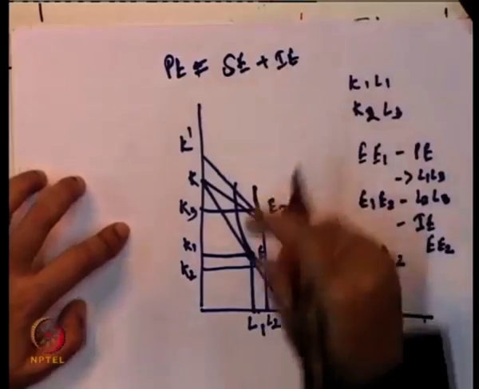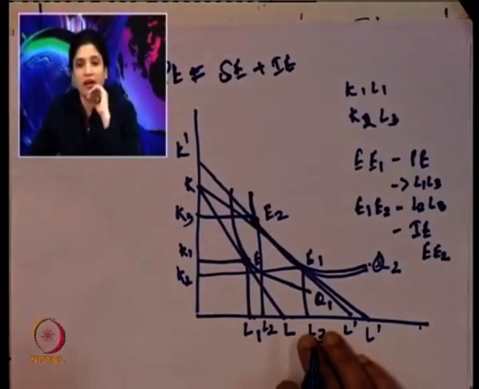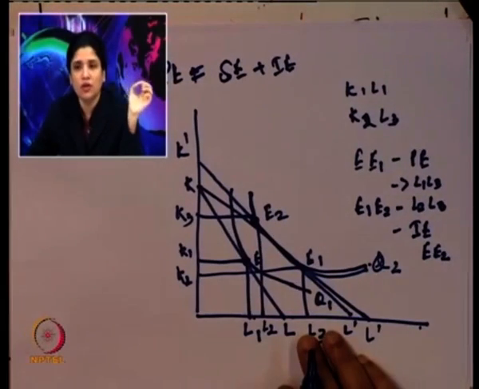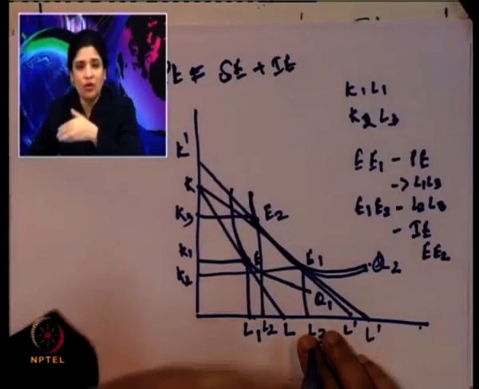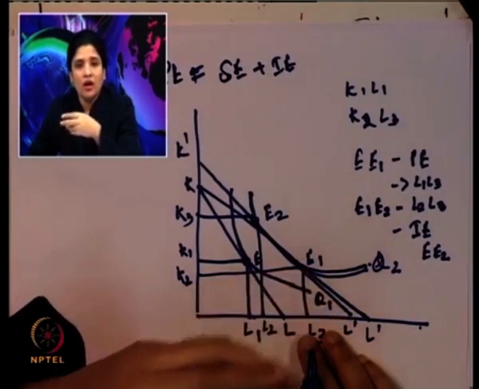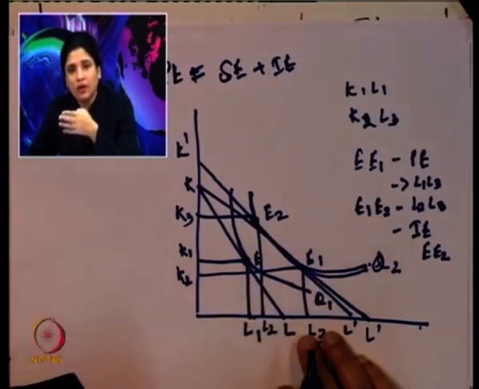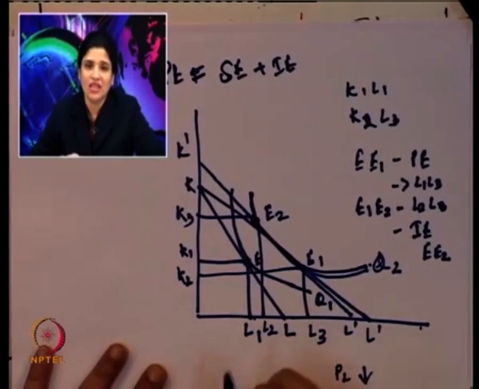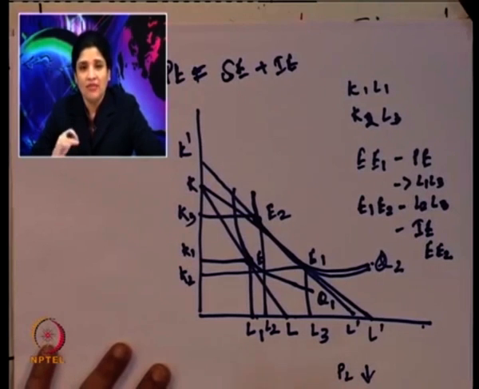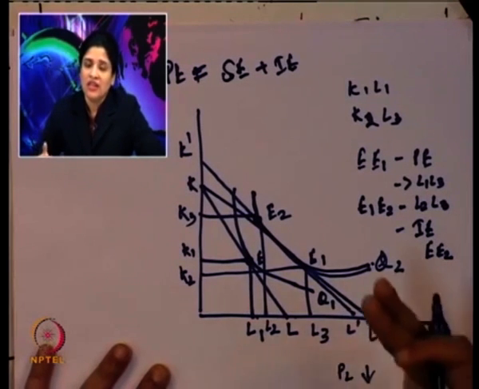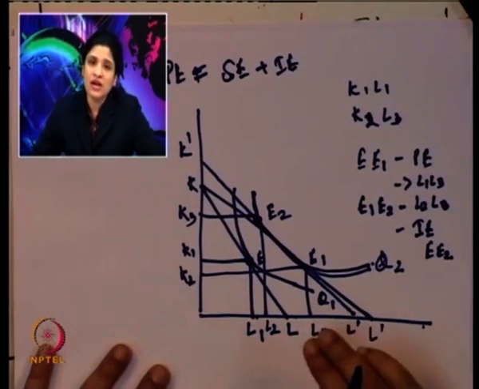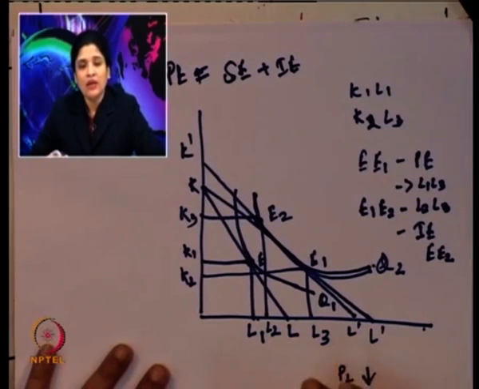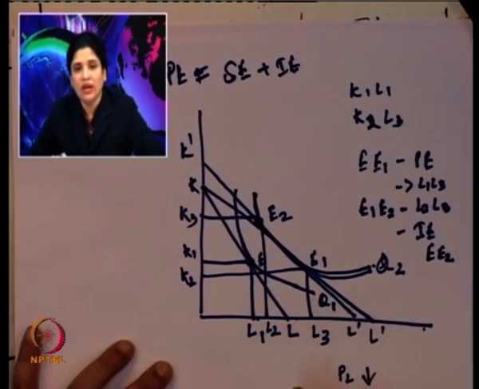So, if you look at it, the price effect is the combination of the substitution effect and the income effect. If you remember the price effect, substitution effect and income effect in the case of consumer theory, this is nothing but the counterpart of that in production theory, which talks about the change in the input prices. If there is a change in the input prices, generally the producer tries to substitute with a cheaper input as compared to an expensive input.